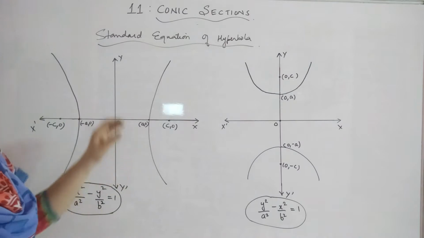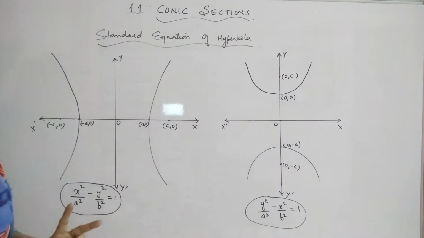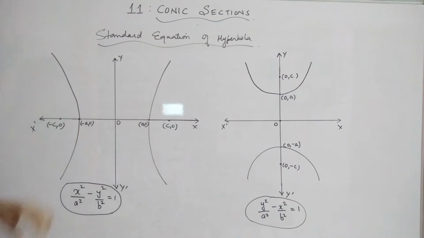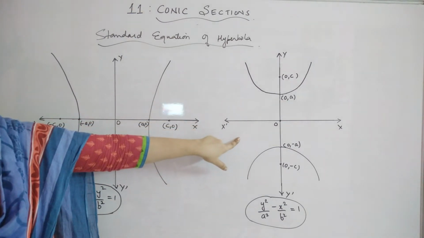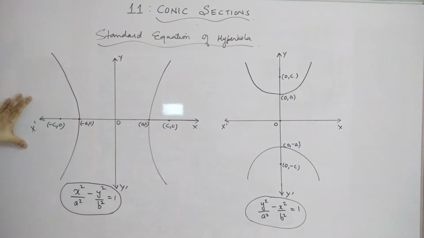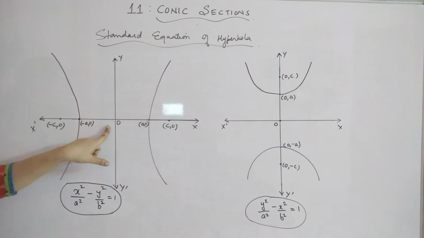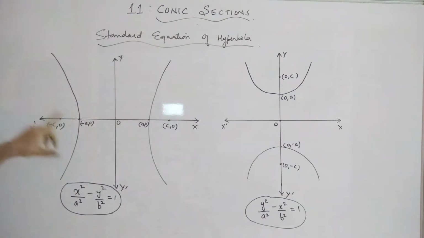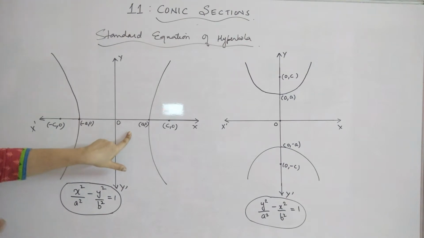Now talking about the standard equation of hyperbola, you have two types of hyperbolas depending on where the foci or the transverse axis lie. You can see in the first one, the transverse axis is on the x-axis, that is, the foci are also on the x-axis, and in the second case the transverse axis will be the y-axis because the foci are lying on the y-axis. For the first case, you have this as the center. These are the simplest forms of the hyperbola, where the center lies at the origin and the foci are lying on the x or y axis. Now talking about the vertices and the foci, the coordinates of these.